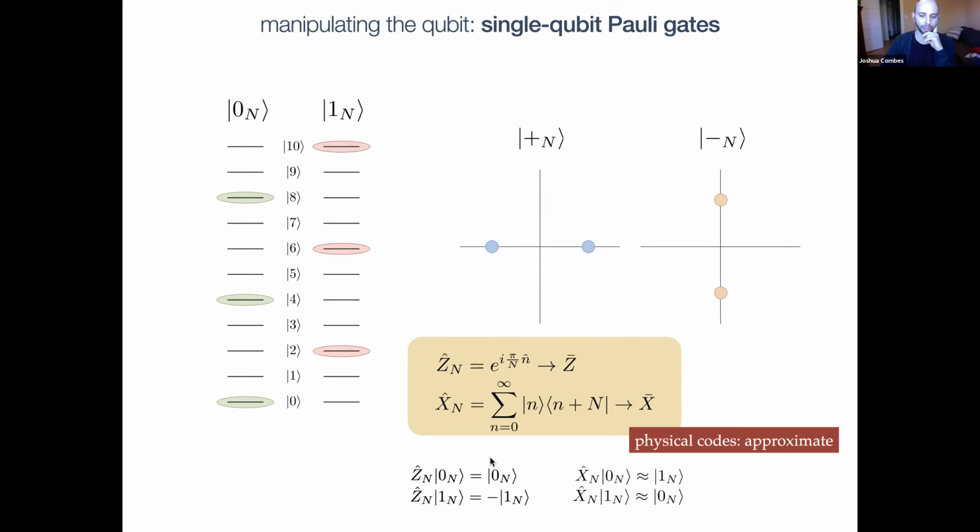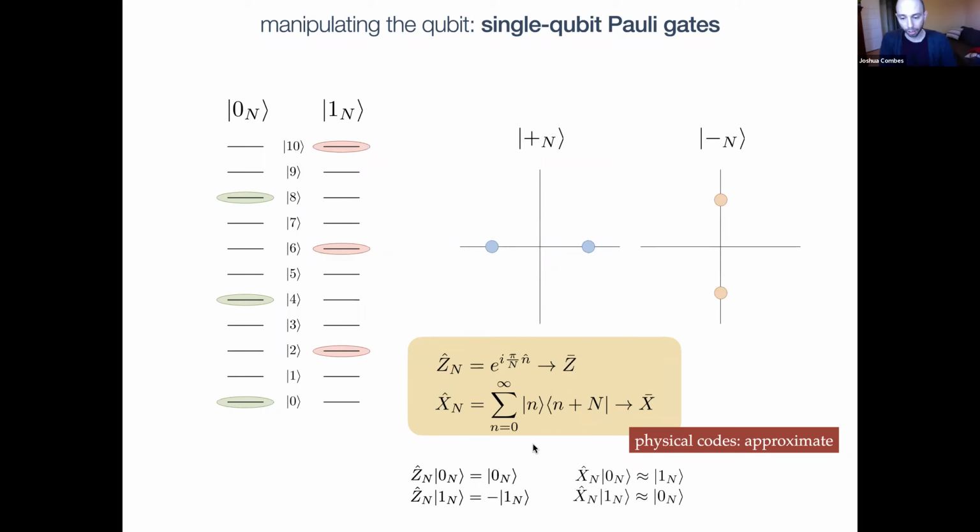And so it will have these relations down here if you apply them to the 0 code words. We saw that the z operator actually flipped the x basis code words as it should. The tricky one is actually what's the x operator, and it turns out to be this horrendous thing here, which is doing exactly what we said earlier. It's taking the 0 state and shifting it up by 1, or shifting it up by n. So this was an n equals 2 code, so it's shifting this state up by 2. And again, if you take the projector onto the code space, you can figure out that this is indeed logical